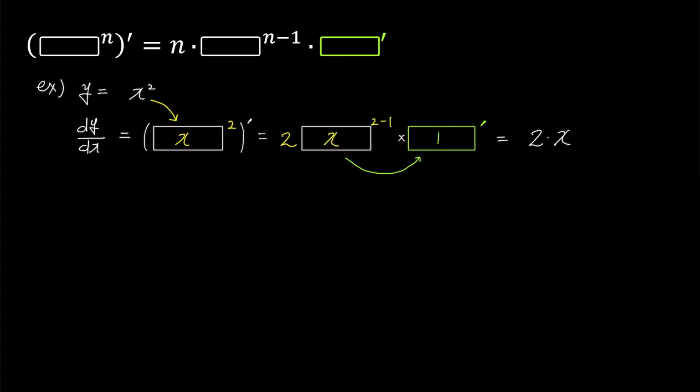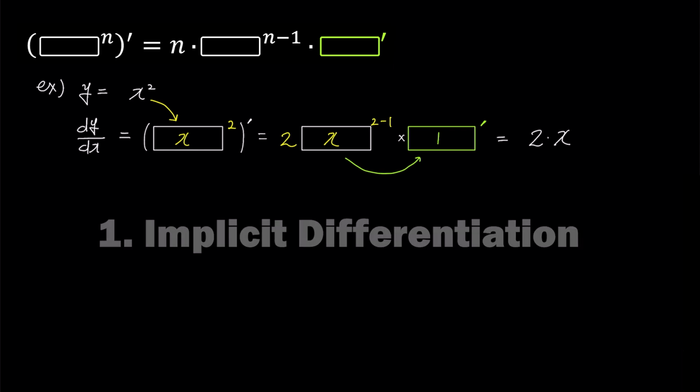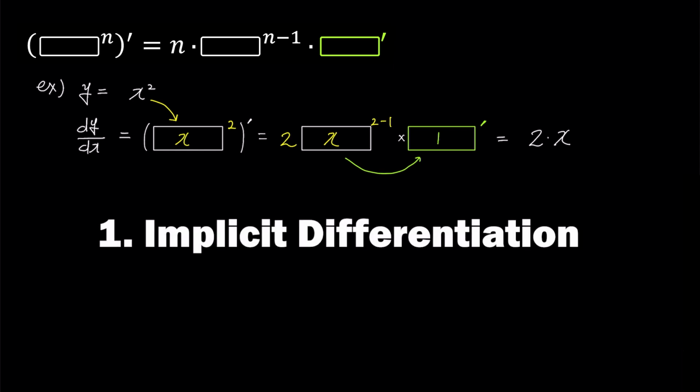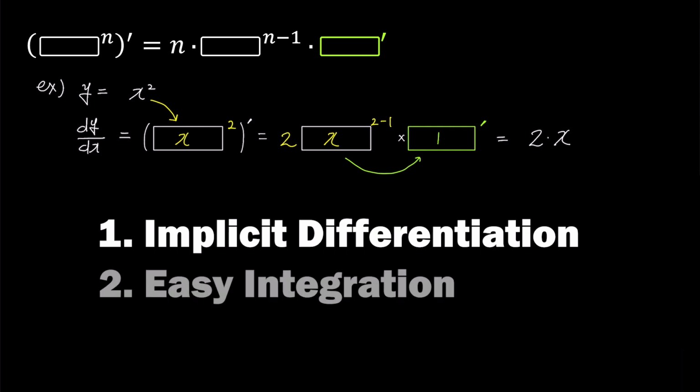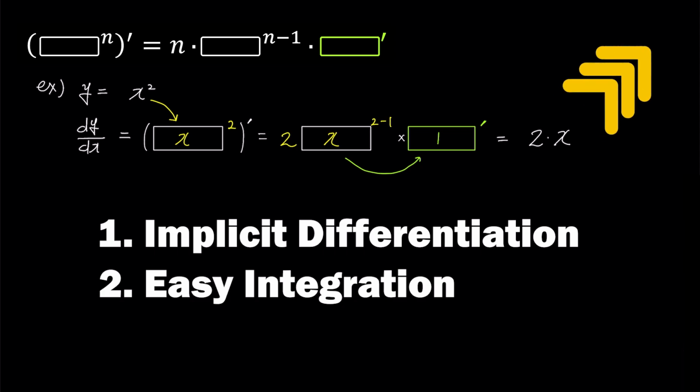You might wonder why we go through the trouble of introducing box prime and multiplying it by an unnecessary 1. There are two reasons for this. Firstly, if we continue to multiply by box prime as we've done, you will easily understand implicit differentiation, a topic you will encounter later, without any additional difficulty. Secondly, integration becomes significantly easier. It becomes so straightforward that you can find the answer mentally. If you are curious about these two aspects, click on the link top right corner to watch the related video.